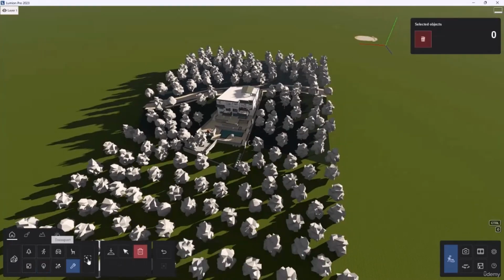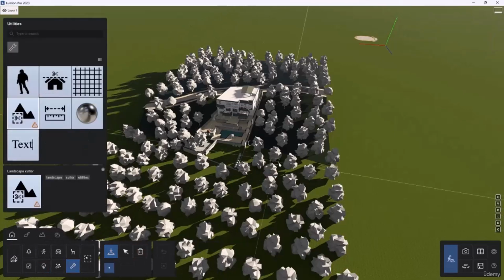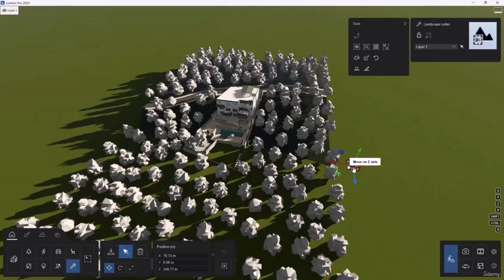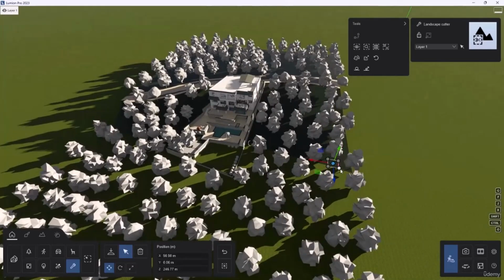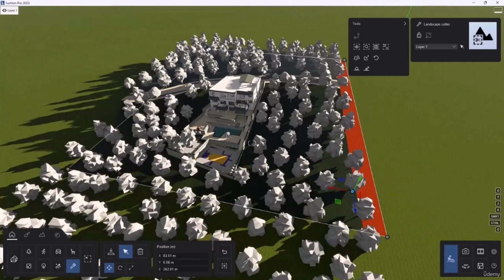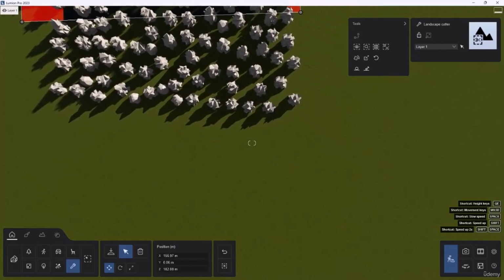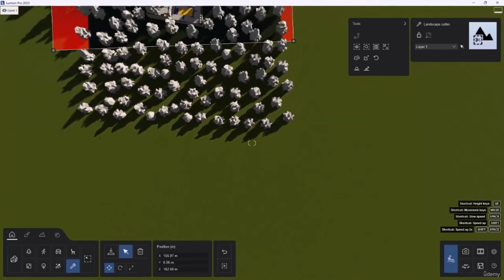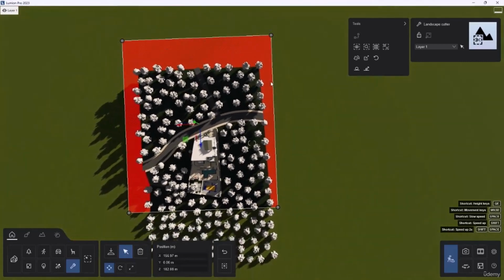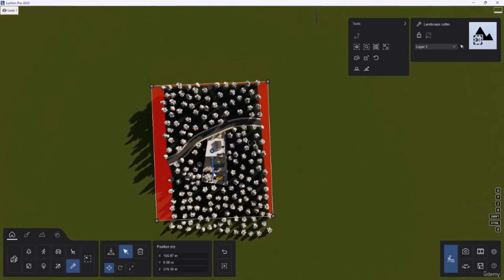Alright, and now again click on place here, landscape cutter, and I'm gonna set it here, move it here, very good, and make it as big as our project, just like that. And you can click and hold on each dot on the corner to make the size bigger or smaller, and you can move it as well. Let me move it a little bit upper,